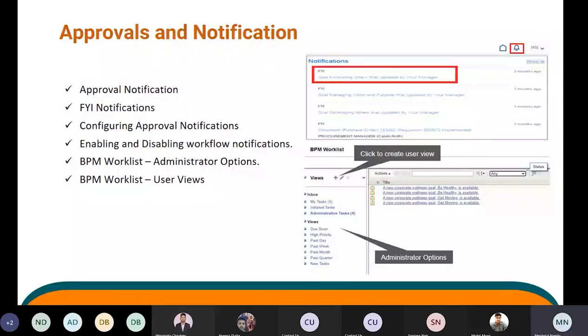Now coming to the BPM worklist user views. In this section, we are using the Oracle BPM worklist where the user can customize their task list by adding the required worklist views. For example, based on the filter criteria, we can display specific columns or it will be displayed to specific assignees. So it's all about approvals and notification. Now, coming to the next slide,